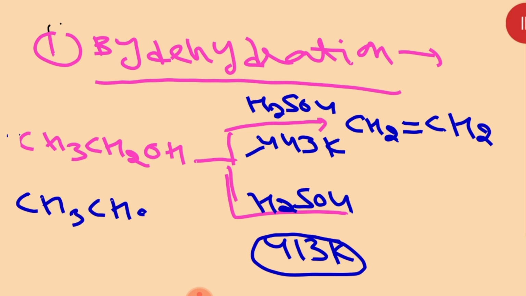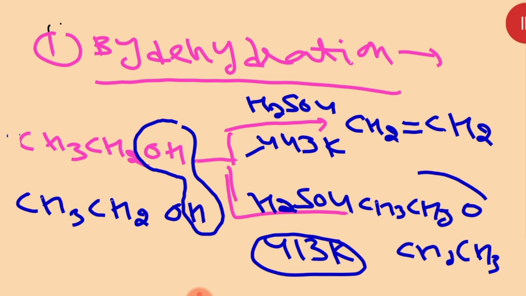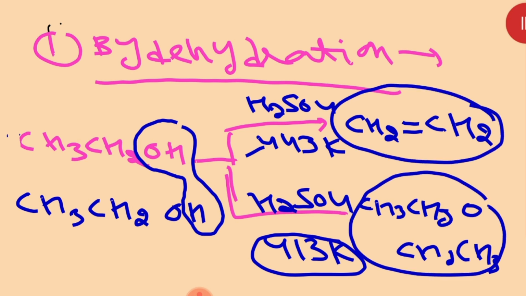When I show you, when we are going to use the 2 moles of alcohol, CH3CH2OH, then what are we getting over there, beta? Water we are removing, and what you will get over there? CH3CH2OCH2CH3. What are we getting? Ethers. In both cases we are removing the water molecule, but in the first case we are removing the water molecule from only 1 mole of the alcohol. For the ether we have to use 2 moles of the alcohols. Clear? But just remember the temperature condition, that is 413 Kelvin.